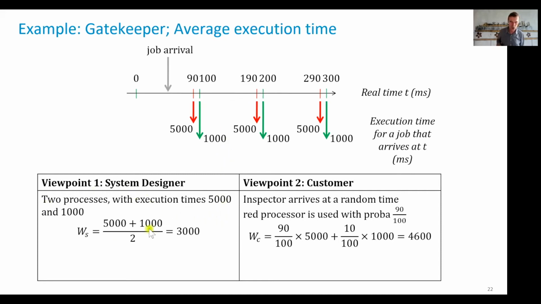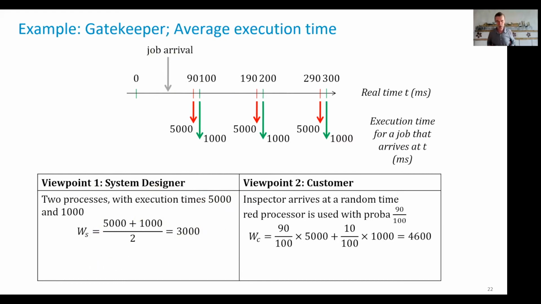So here you would say, I will simply observe what are the execution times taken by the different processes, which I can instrument and measure. And I say, I'm allocating two processors to this task or to this virtual machine. Therefore, one happens to take a long time now, the other less long. So in average, I'm giving you 3,000.